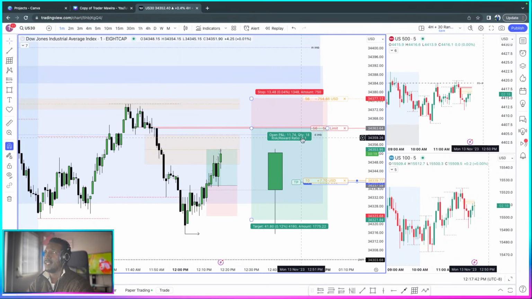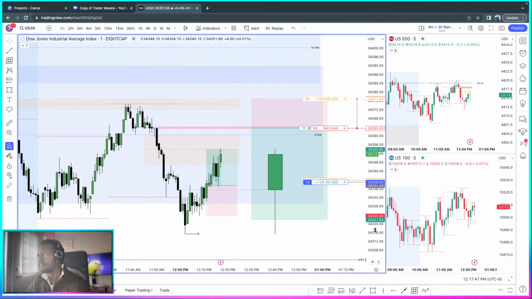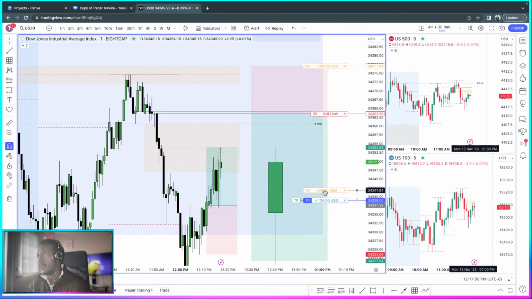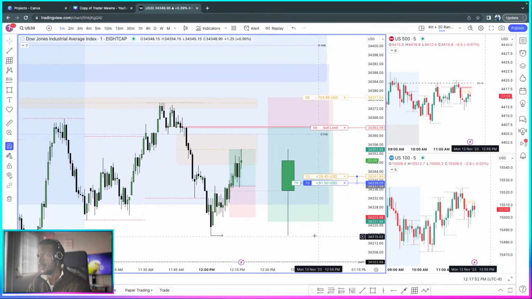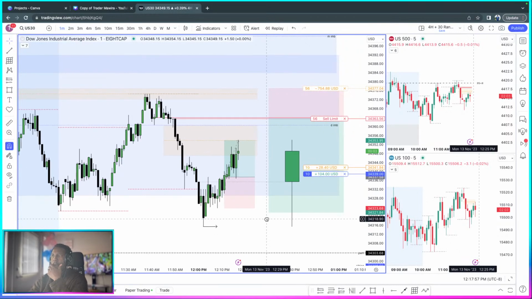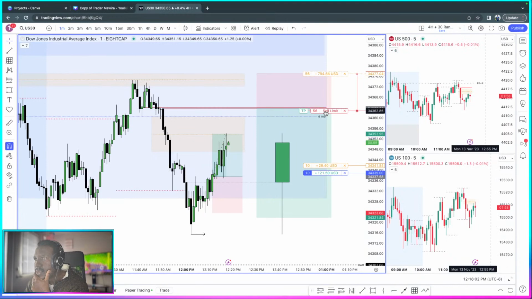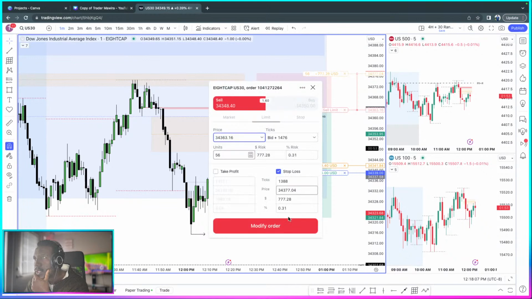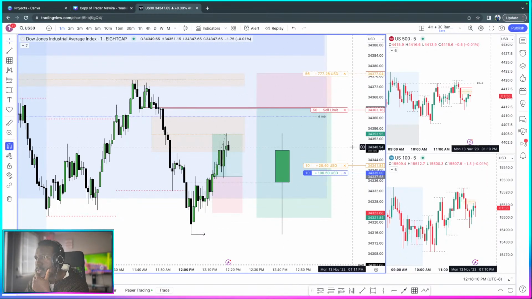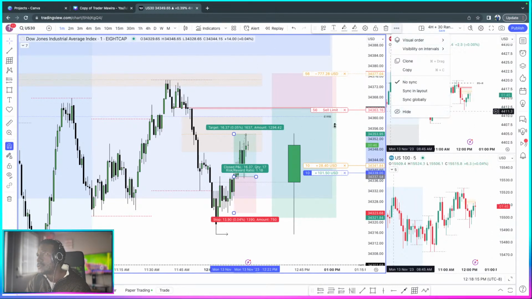And then this one right here, as we speak, is a 0.3% risk. Okay, I want to do something. Let me put this sell limit just a little below that imbalance so we can make sure that we're in there if it does get to that spot. So this is good. Let me hide that. That was a win. That was like 1.18%. That was good.